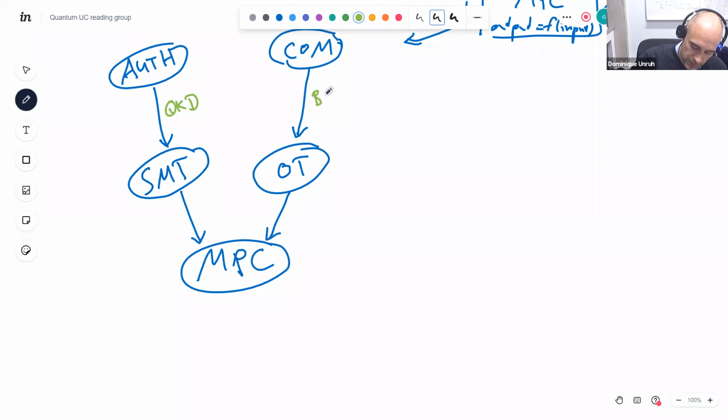For this one, we will use a protocol that is based on a very old protocol by Bennett, Brassard, Crépeau, and Salvail. So this is, in the non-UC setting, a well-known fact that you can get an OT from commitments in the quantum setting. And this protocol goes back to Kilian. But for the UC setting, it was Ishai, Prabhakaran, Sahai in '08 who showed it for classical UC, and we just need to see how we deal with it in the quantum setting.